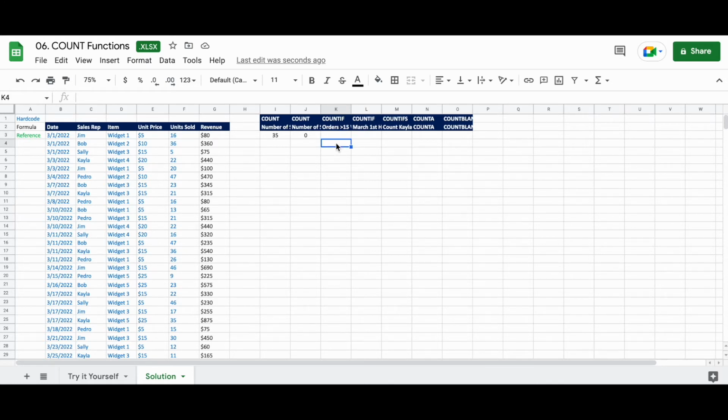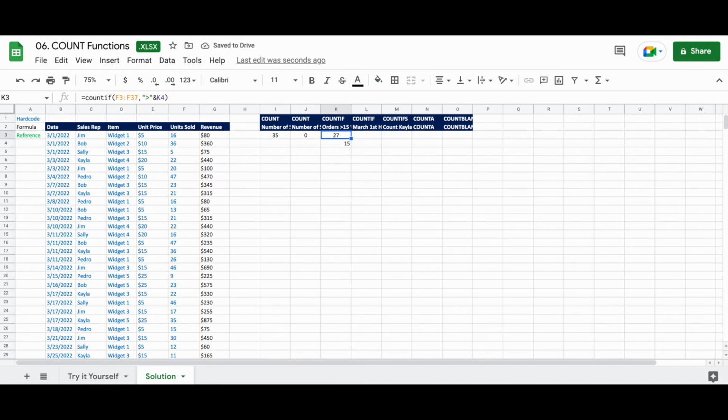So in cell K4, we're going to type 15. Remember, we're going to avoid hard coding. And then in cell K3, orders more than 15 widgets, the formula should read equals COUNTIF, open parentheses, F3 through F37, comma, open quote, greater than sign, close quote, ampersand symbol, again, shift 7 on your keyboard, and then end it with K4, close our parentheses.